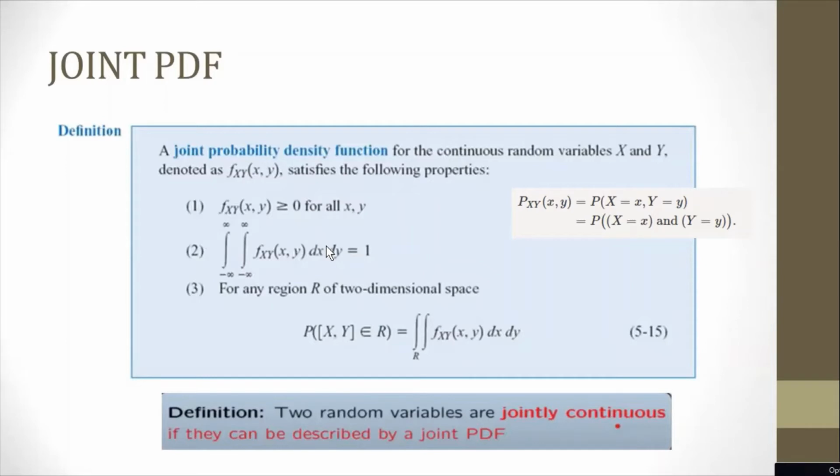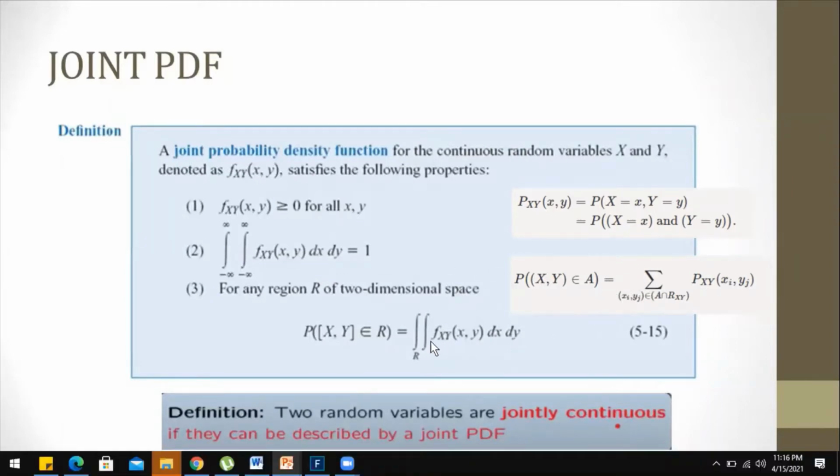Interestingly, we use joint PDFs very often to calculate probabilities. In the discrete setting, we see this expression, which says that the probability of random variables belonging to a certain set is equal to the sum of probabilities of all the possible pairs inside that particular set. But for continuous random variables, we use this joint density instead of joint PMF. And instead of having a summation, we integrate.